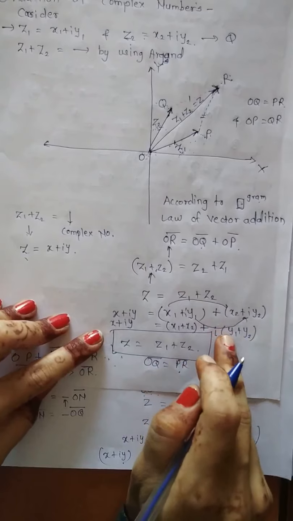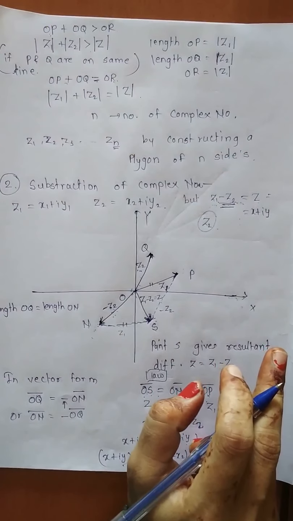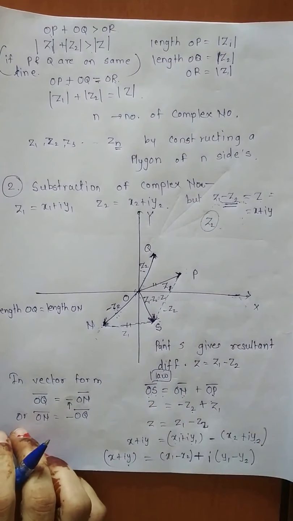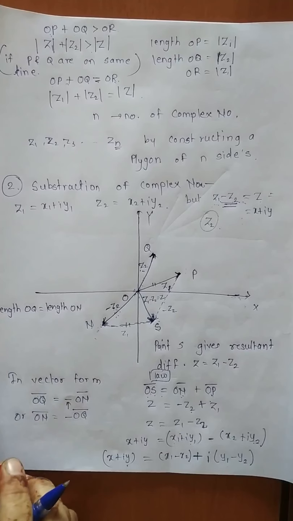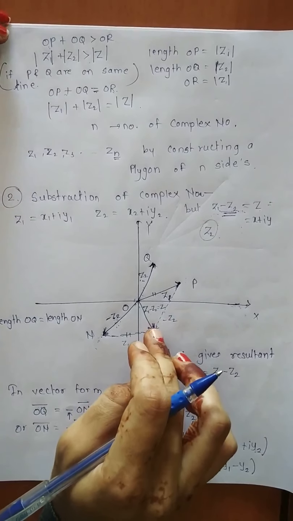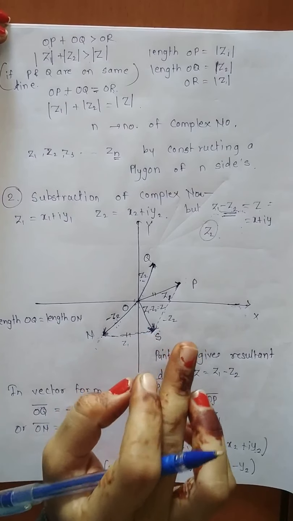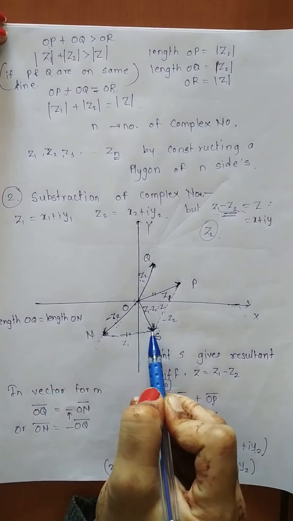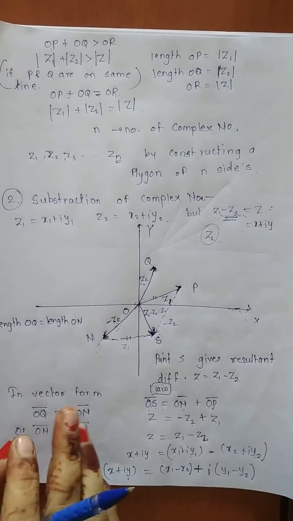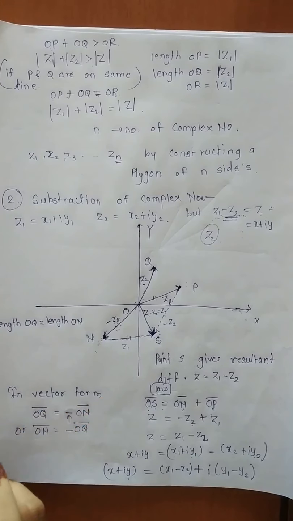This we have already studied, right? We have already studied this in the previous lecture, how to add, how to subtract, how to multiply and how to perform division of two complex numbers in a mathematical way. So this is the way in which we are going to add or subtract two complex numbers using the Argand diagram. Okay, so the law of parallelogram of vector addition is very important over here. So this is all about addition and subtraction of two complex numbers using the Argand diagram.